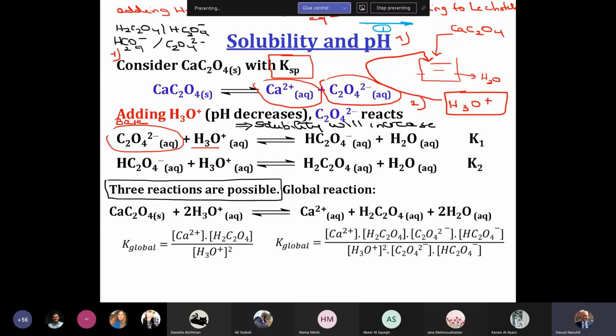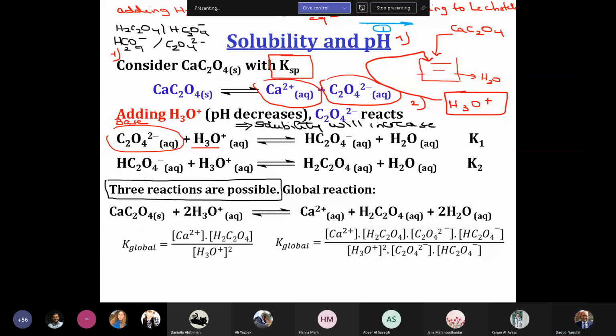So the three reactions occur at the same time. And when we have several reactions possible at the same time, we could not work on reaction 1, nor on reaction 2, nor on reaction 3. We work on the global reaction. Keep in mind, in this type of exercise where the pH affects the solubility, you have to work on the global reaction. The global reaction is